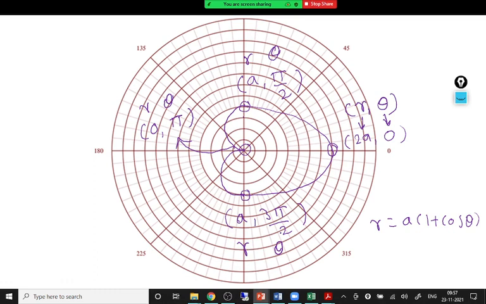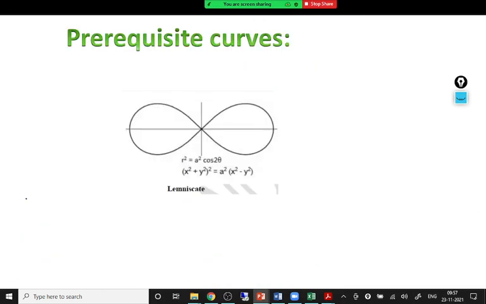Now one last curve is there, which is a very simple curve, which looks like infinity. Let me show you. This is the last curve, and its equation you should remember. The equation of the lemniscate that we require is in polar only. Hardly one example is there on the lemniscate. Generally the examples are not coming on the lemniscate. So r square equals a square cos 2 theta.